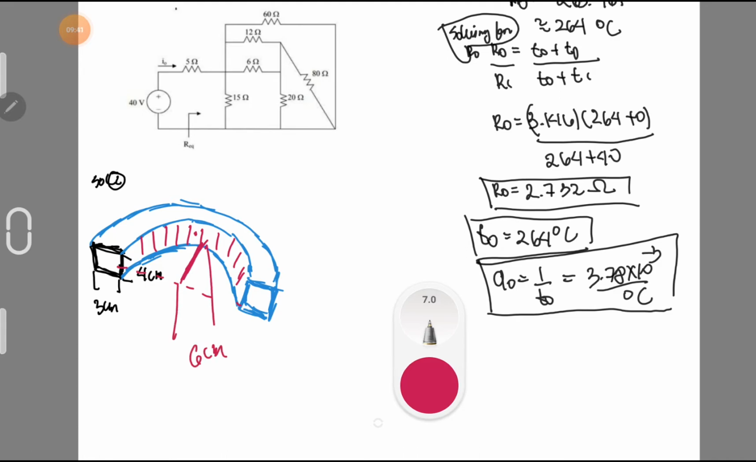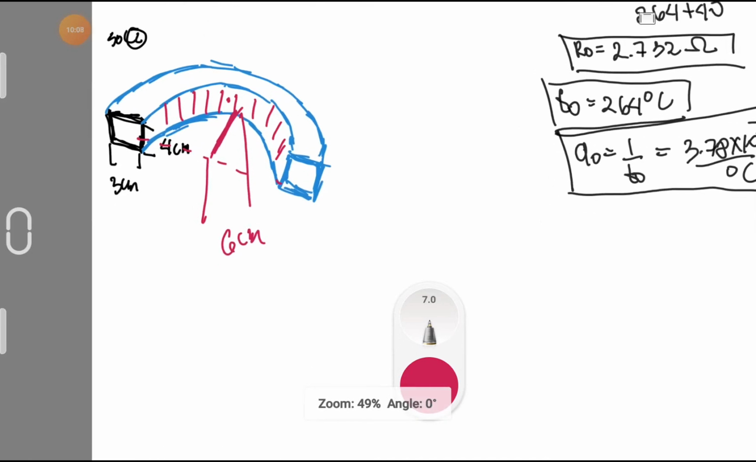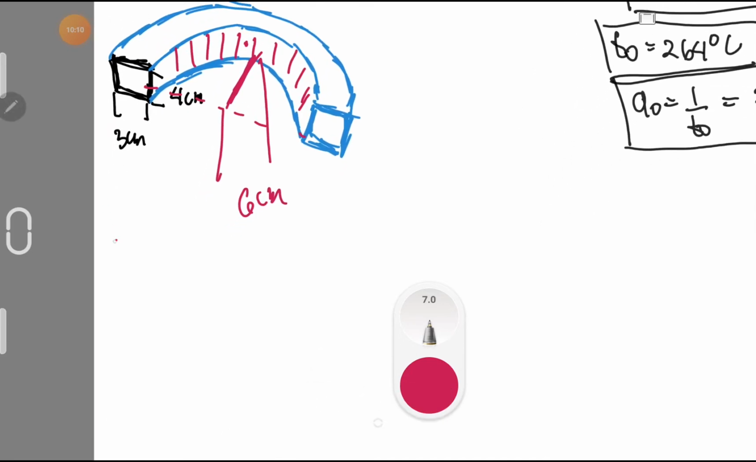And then ano pa yung sinabi niya? So radial thickness of 3 cm. Okay, alam ko yan na 3 cm yung radial niya, and axial thickness of 4 cm. Find the resistance of the ring at 50 degrees Celsius between its two end faces. Assume the specific resistance of copper at 20 degrees Celsius, which is equal to, ayan, so ito. So kunin natin yung R50 natin,